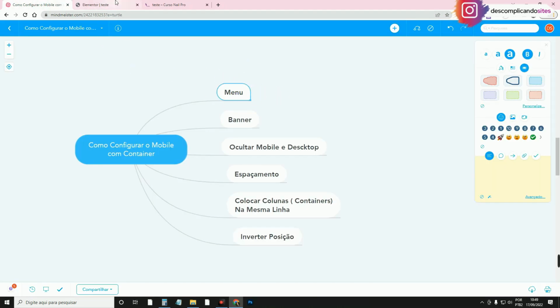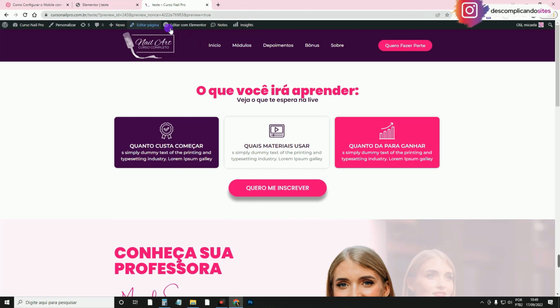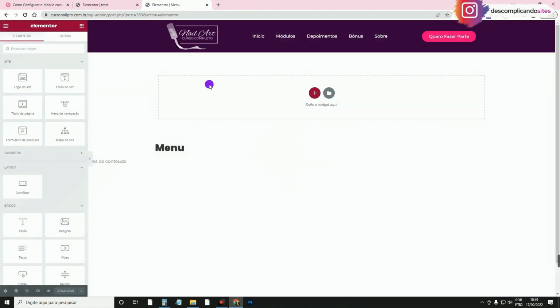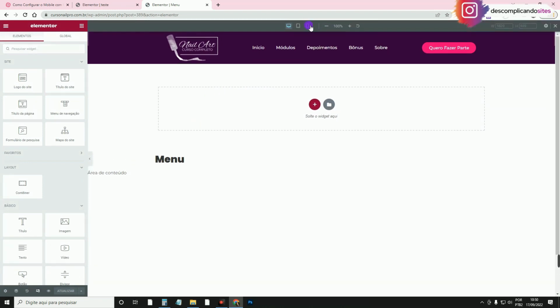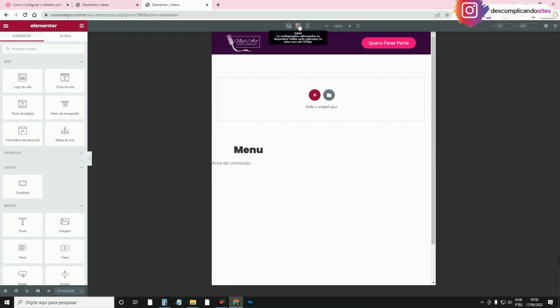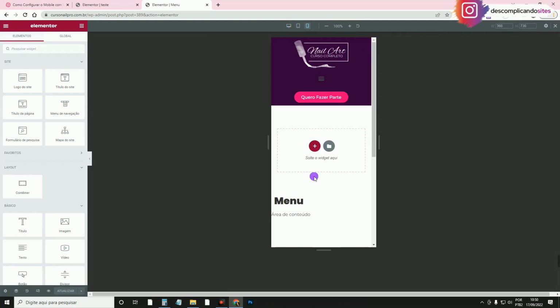The first thing we're going to learn about here is the header, right? Here in the header, as you know, if you've made the header from the outside, to access it, you hover your mouse over Elementor and click on header. The first thing I'm going to show you doesn't necessarily have to do with Flexbox container, but it does have to do with mobile: when you click here, these three screen options appear for us to configure. The desktop, which is on the computer, this one, which is on the tablet, and this one, which is on the normal cell phone. But Elementor has many other line breaks, which we call breakpoints, which are screen options that